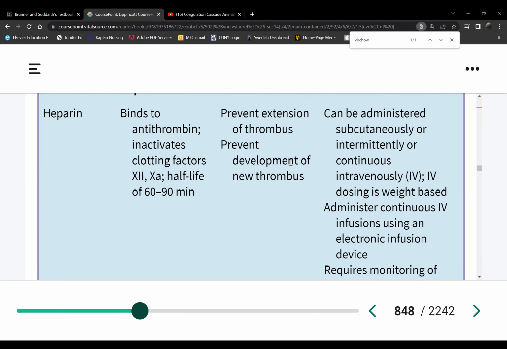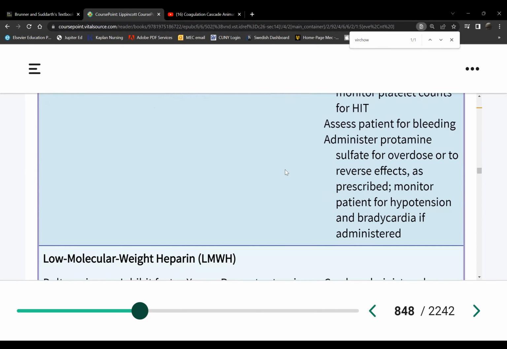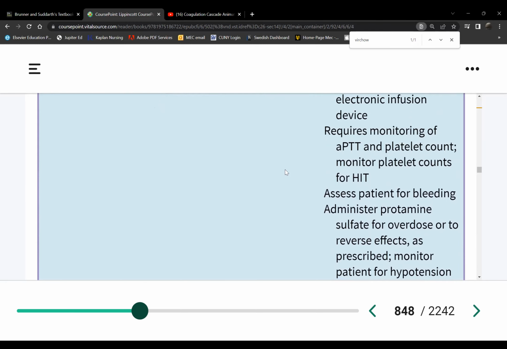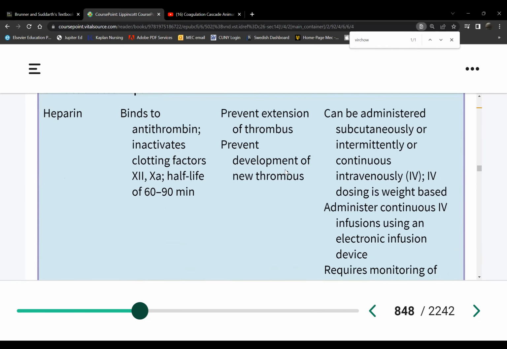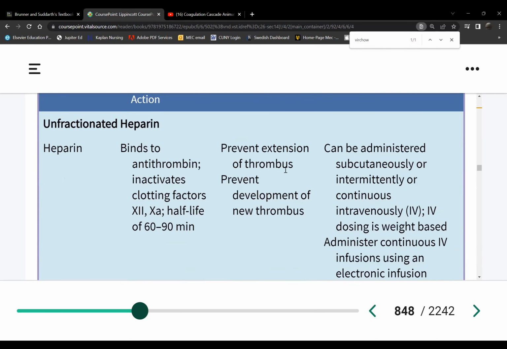You understand? So therefore, do I put them on an oral or this? I'll put them on this because the other drugs have a longer half-life. Okay, so it's easier to control with heparin. All right. So we put them on this first, but because I can't send them home on it, what will I start them on the same day? I will put them on an oral anticoagulant as well.